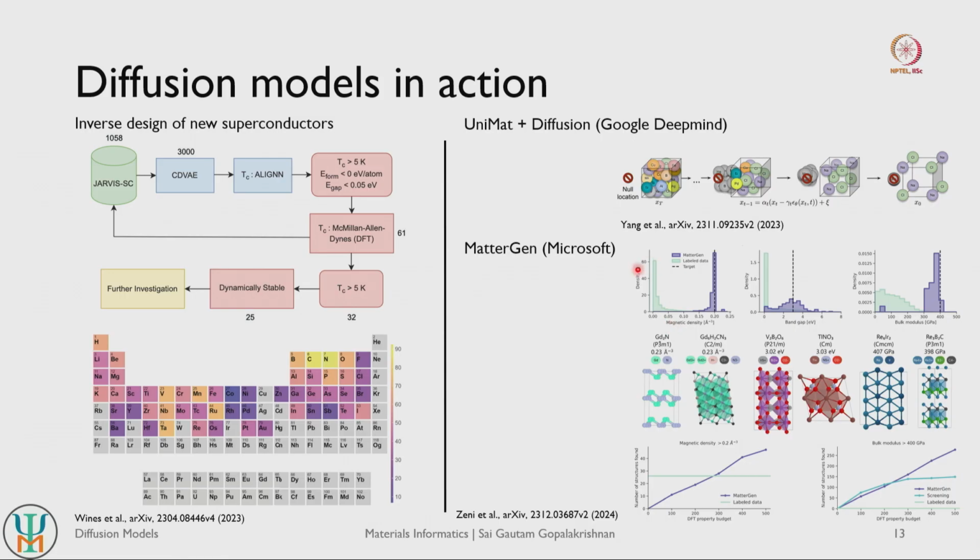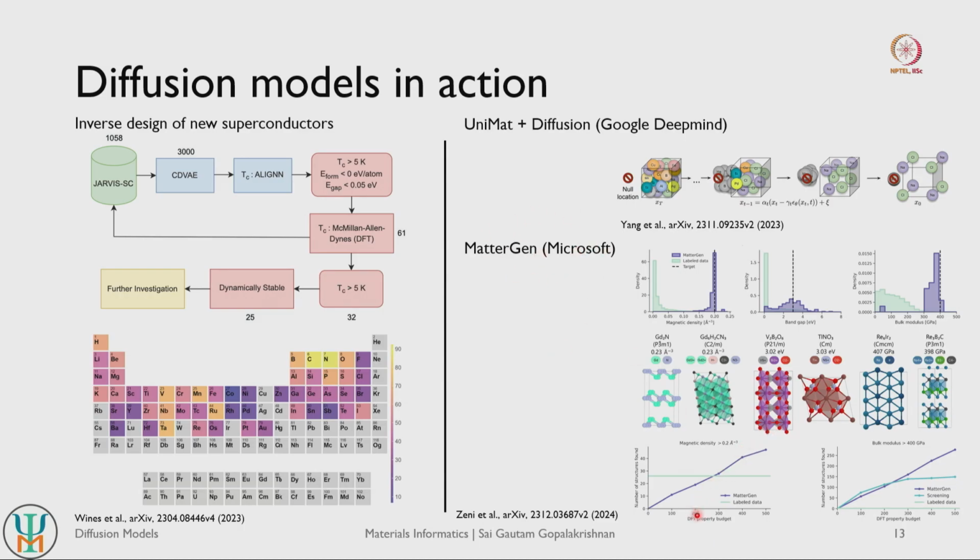The authors demonstrated this for magnetic properties, electronic properties, band gap here, and even bulk modulus. This is more of a mechanical property. MatterGen is able to sample distributions way out of what it was exposed to during training. The green bars represent labeled data, or training data, and the blue bars are the generated data. So even if you do not expose the model to your target properties, it is able to make reasonably good predictions on your target metrics, right.